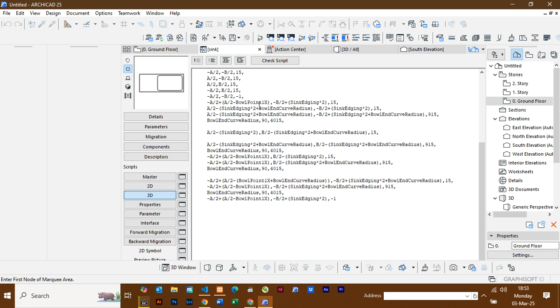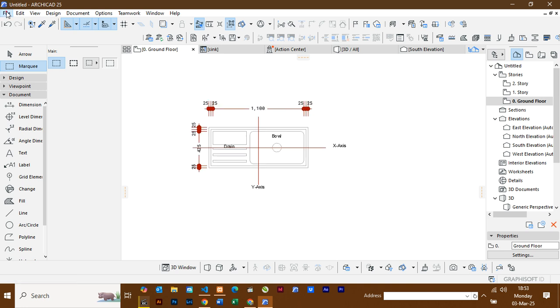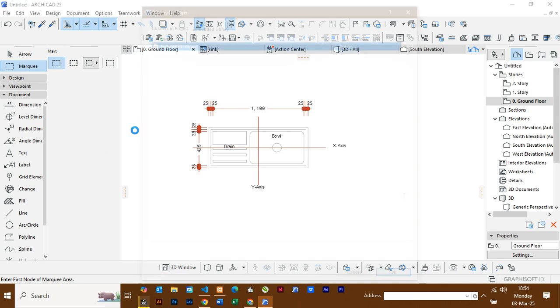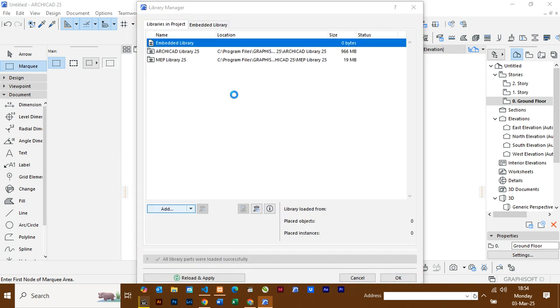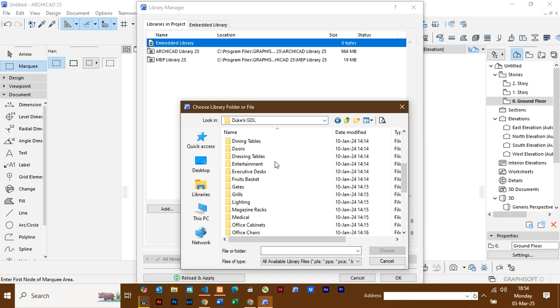Guys, can you see our ball? That's it for today. But let me show you exactly how it looks like before we go away. Let me save this one. I come to my main drawing, file, library and objects, add Duke, deep sync is under 2022,